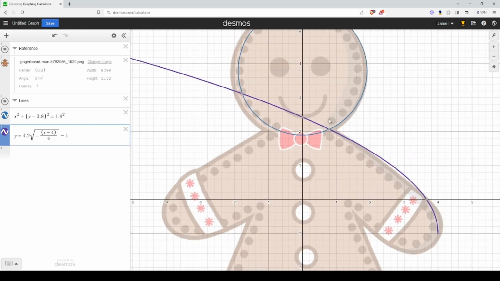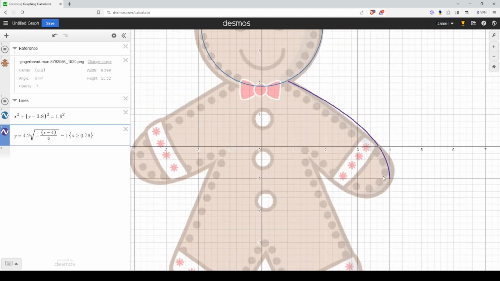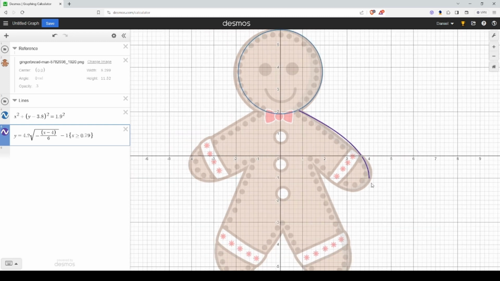And if you want to get an intersection of this one, just hover your mouse here. We're looking for the x point. Depending on what you're looking for, I'm just going to use x. We want everything below that line, so we want x to be less than or equal to 0.79. That was embarrassing. All right. Next, I'm going to go with a